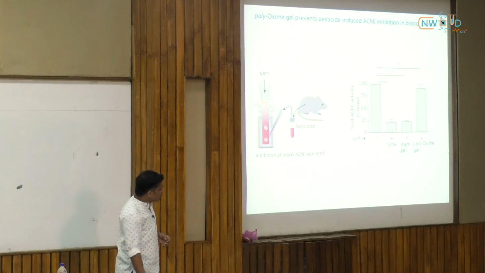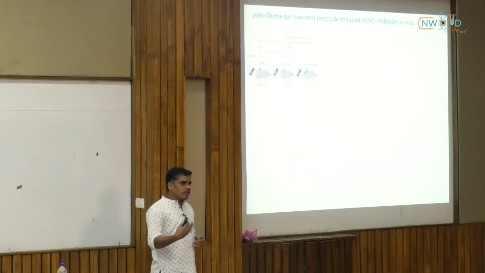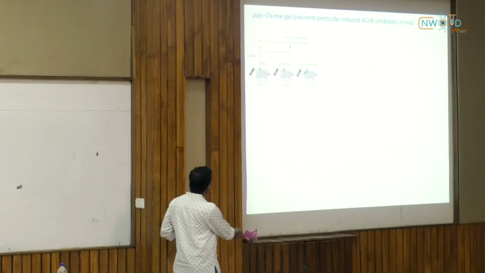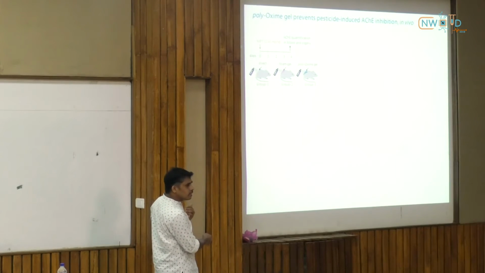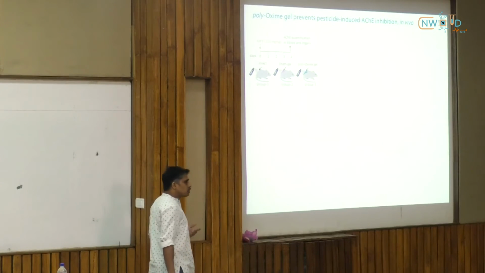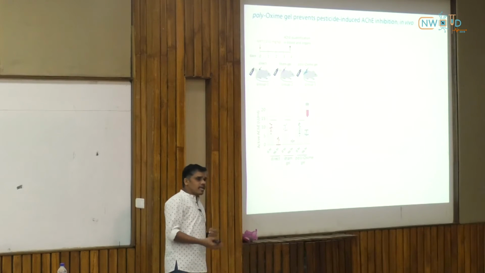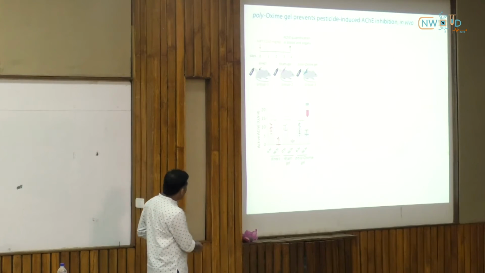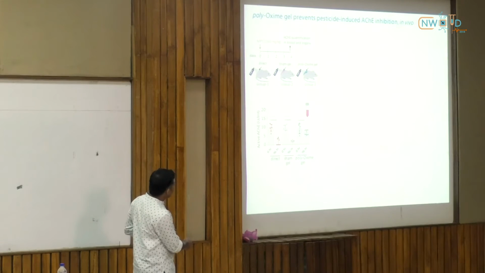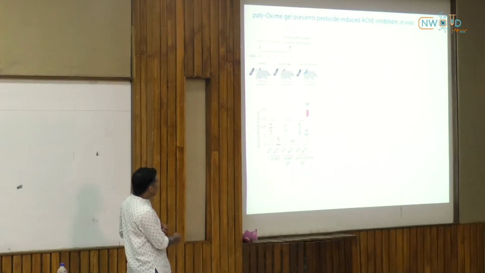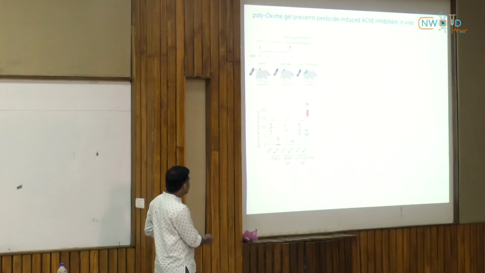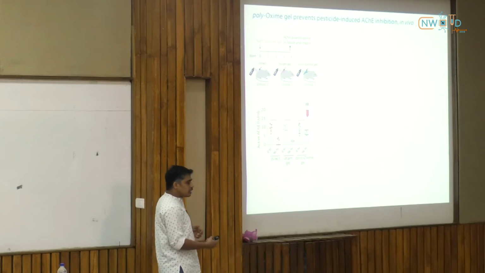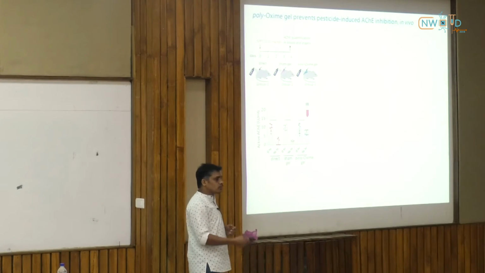So after showing the ex vivo inhibition, we went and tested their ability to prevent the in vivo exposure as well. For that, 3 groups of animals received pesticide either directly, by dermal spray, or in the presence of control gel or active gel. After exposure, 4 days later, you collect the blood and measure the enzyme activity. As you can see, when they are exposed directly or in the presence of control gel, a significant drop of enzyme activity was observed compared to before exposure. But in the presence of your polyoxime gel, it doesn't drop,